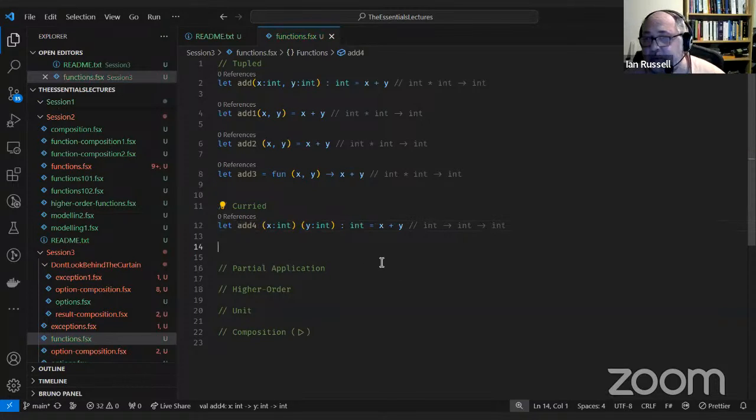Right, add4. So this is slightly different in that we don't have a tuple any longer. We have what looks like two parameters. So if you look on the right-hand side here, you'll see that the signature has changed. So we've now got int to int to int.